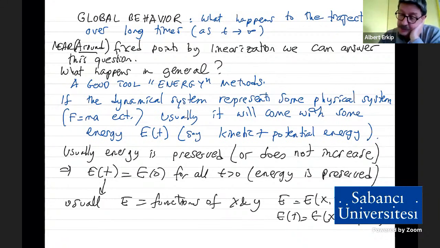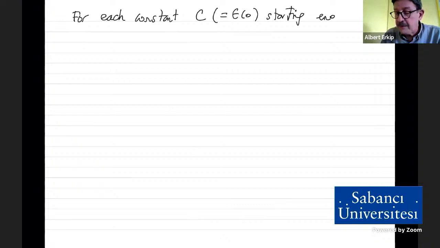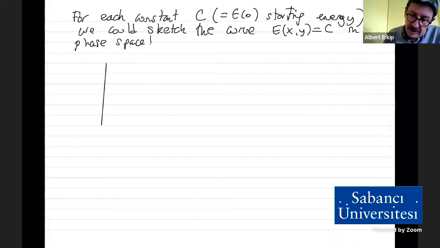So now comes the beautiful thing. For each constant C, that would be the starting energy, we could sketch the curve E(X,Y) equals C in the phase space. So what happens? Something like this. So E(X,Y) equals C would be some curve like this. No, I'm sorry, I don't want that. I want to draw this. This is the curve E(X,Y)